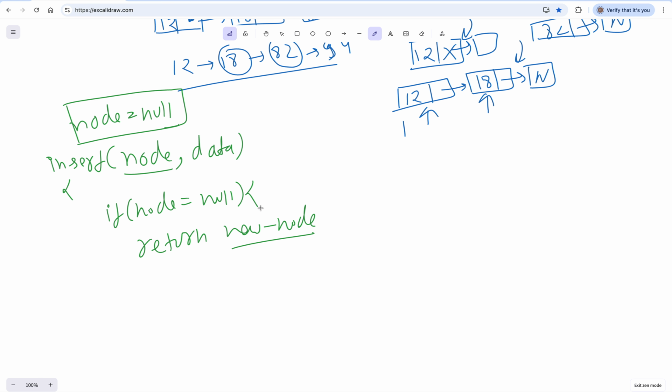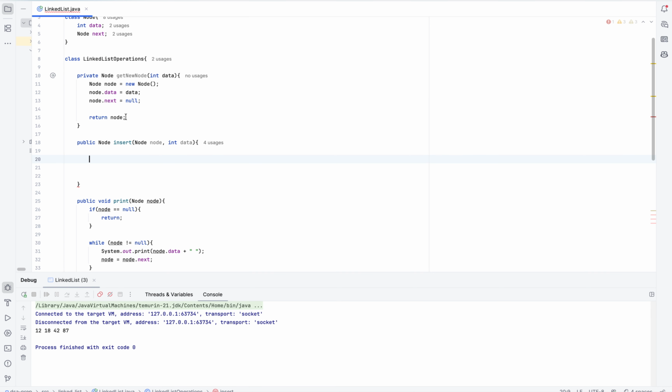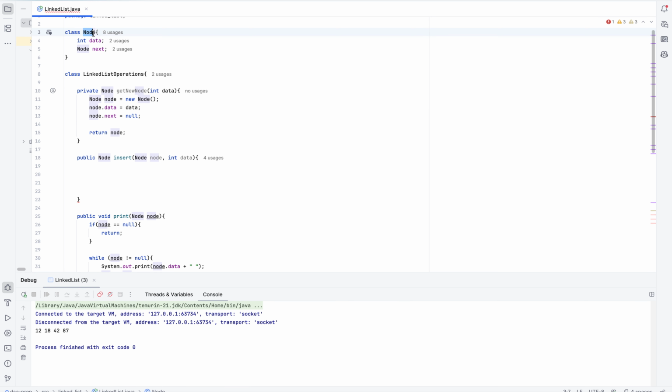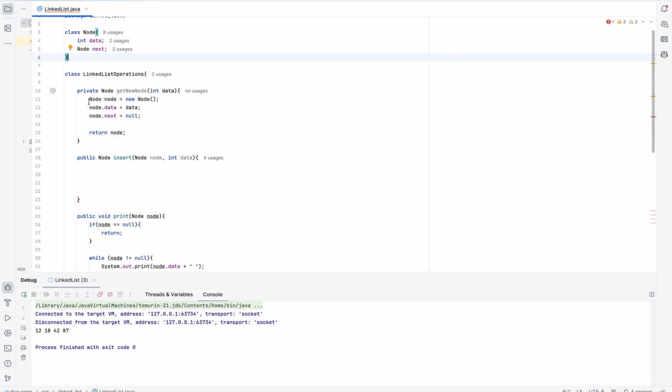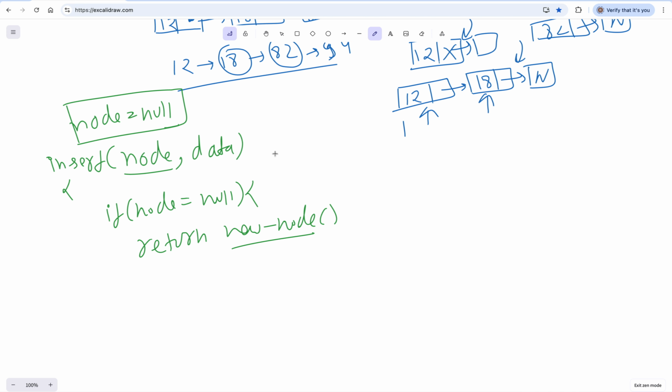Okay, and in the last tutorial, if you followed, we created one method. If I show you in the code, this is the get new node. What it is doing is, we just created the node class which is having the data and the next, which is just pointing to the next node. And we have created this new node in which we initialize this node object, and then we set the data of the node as data and the next pointing to null, because at each and every point of time we will be creating one node. Okay, and this will be any data, and then this will be null actually. So the first condition will be this one.